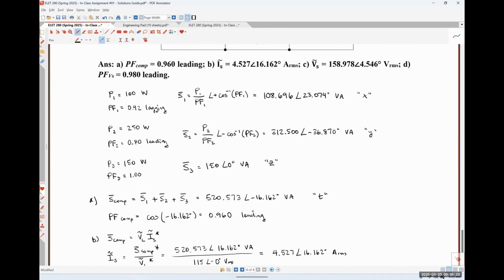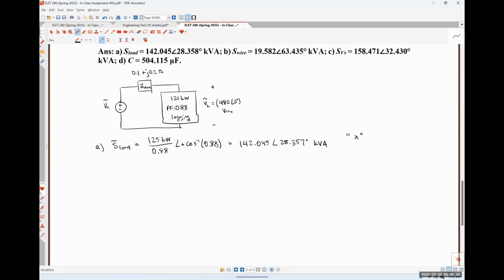I'm going to use that exact same relationship here without the derivation because we've already seen how that works. So I'm going to say that the current that's leaving my source, IS, and I'm going to indicate this on my diagram, is going to be S load conjugate over VL conjugate, where S load conjugate is going to be